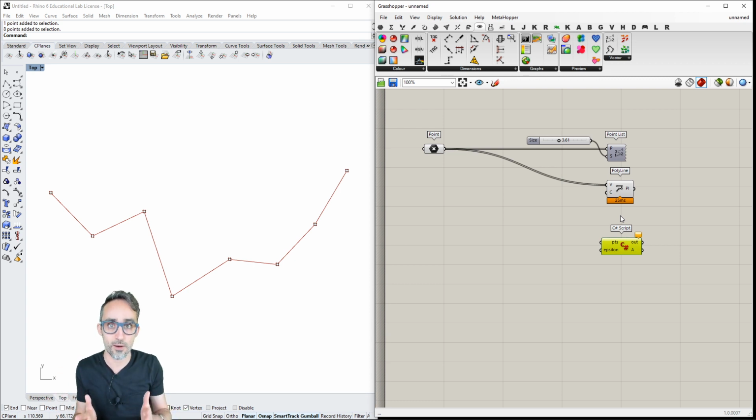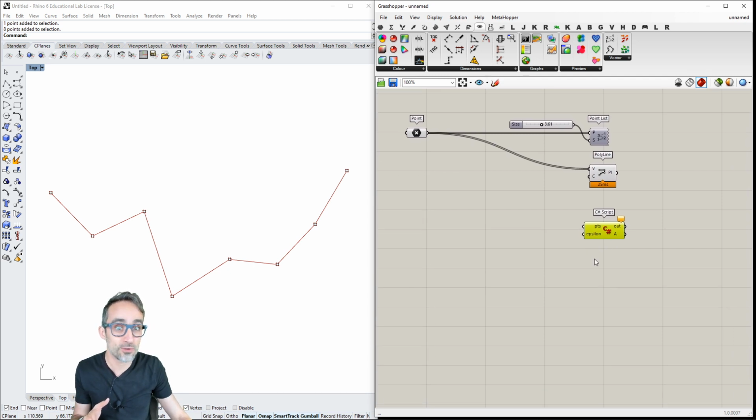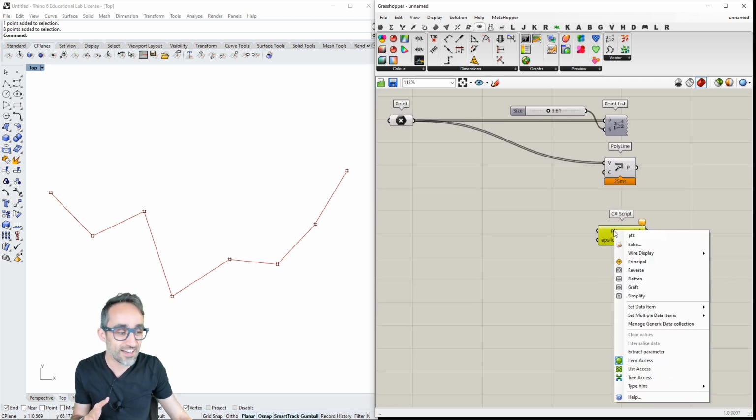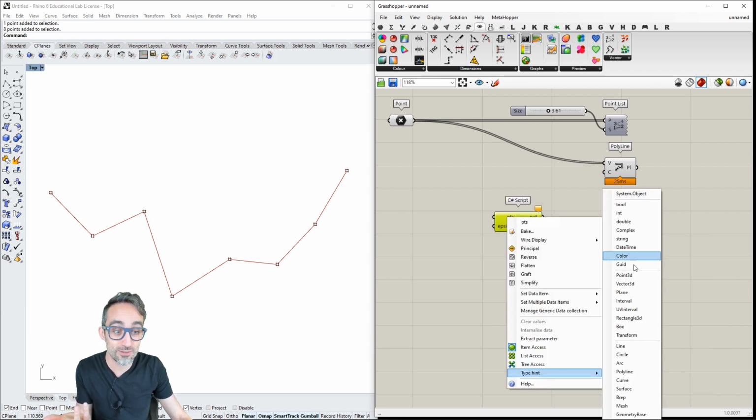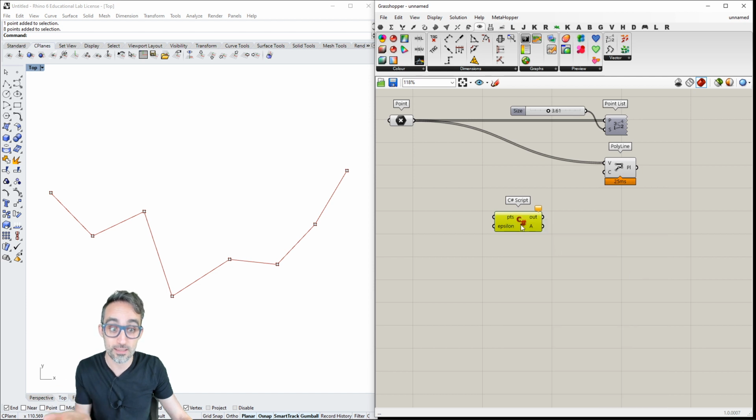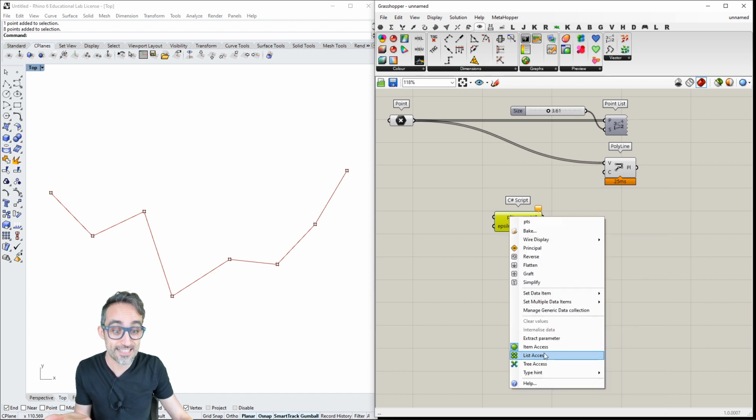I care about the XYZ coordinates of each one of the points that are part of this polyline. So for my C# script component, I'm not going to take a curve, or a polyline object. What I'm going to take is Point3ds, and I'm going to take them as lists.